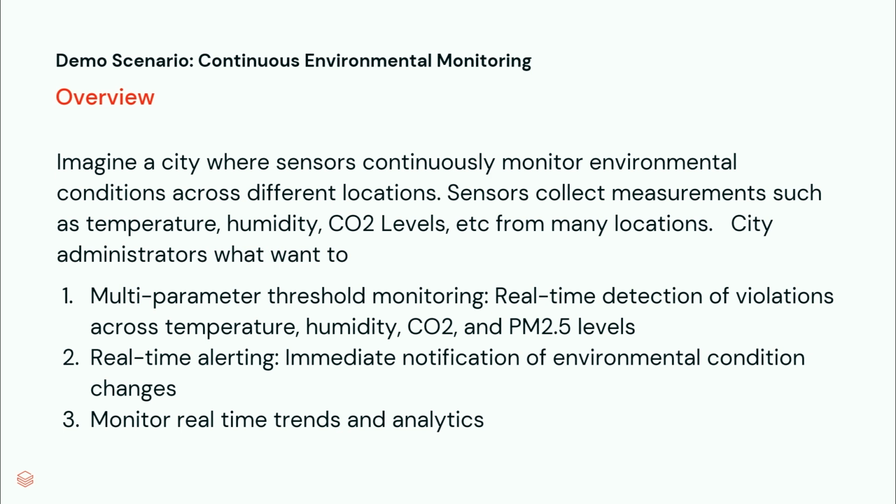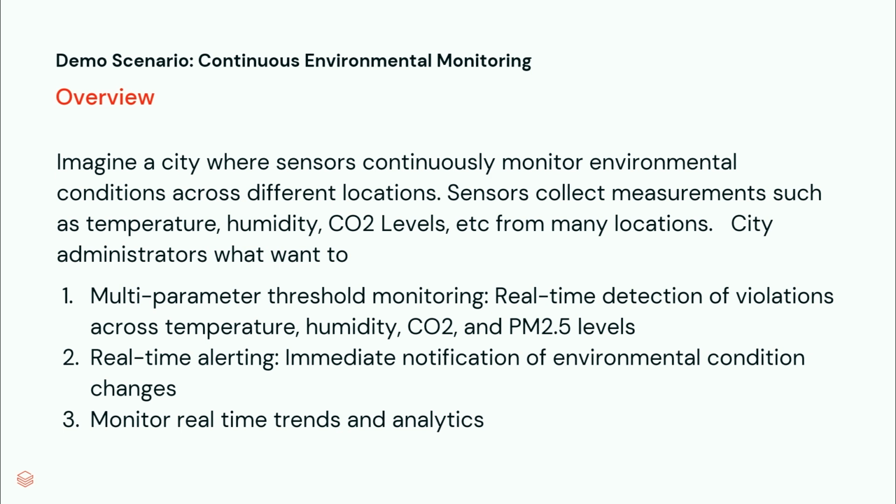What the city administrators want to do is, one, multi-parameter threshold monitoring: real-time detection of violations of these sensor readings such as temperature, humidity, CO2 levels, and so on and so forth,